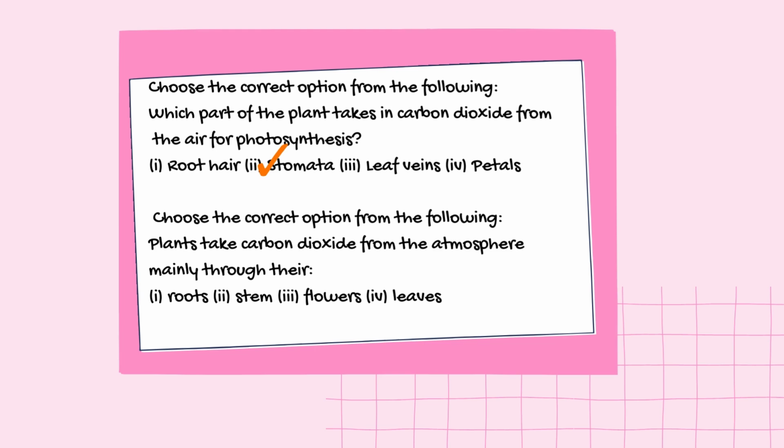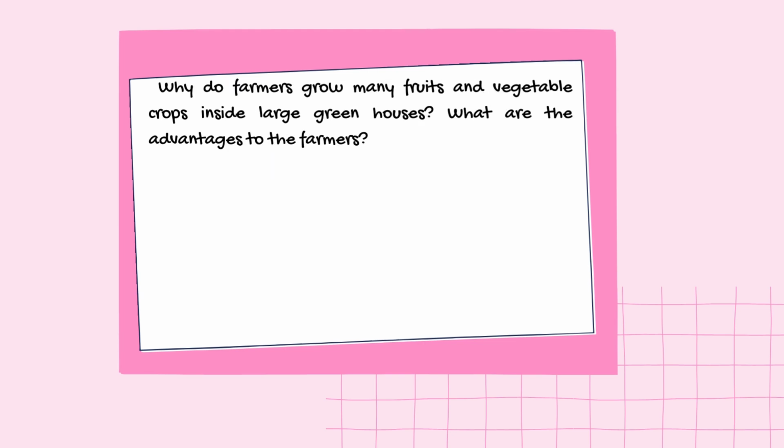Choose the correct option from the following. Plants take carbon dioxide from the atmosphere mainly through their 1. Roots, 2. Stem, 3. Flowers, 4. Leaves. The correct option is 4. Leaves. The last question of back exercise of this chapter is, why do farmers grow many fruits and vegetable crops